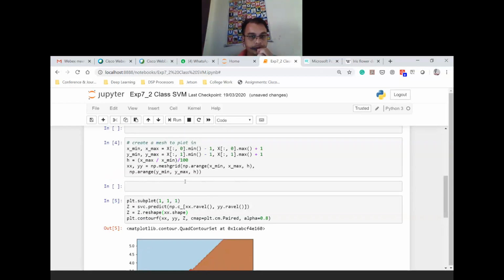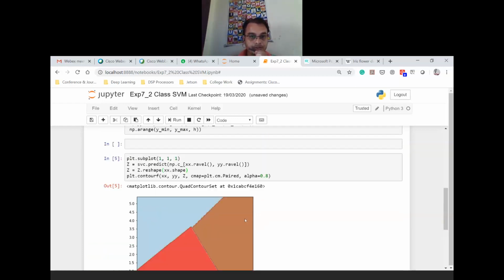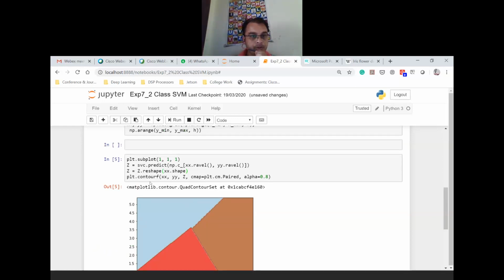now just check the separation between these three different classes. Okay, now this is the separation between the three different classes. plt dot contour. Contour is nothing but a point where we can have the different available features.